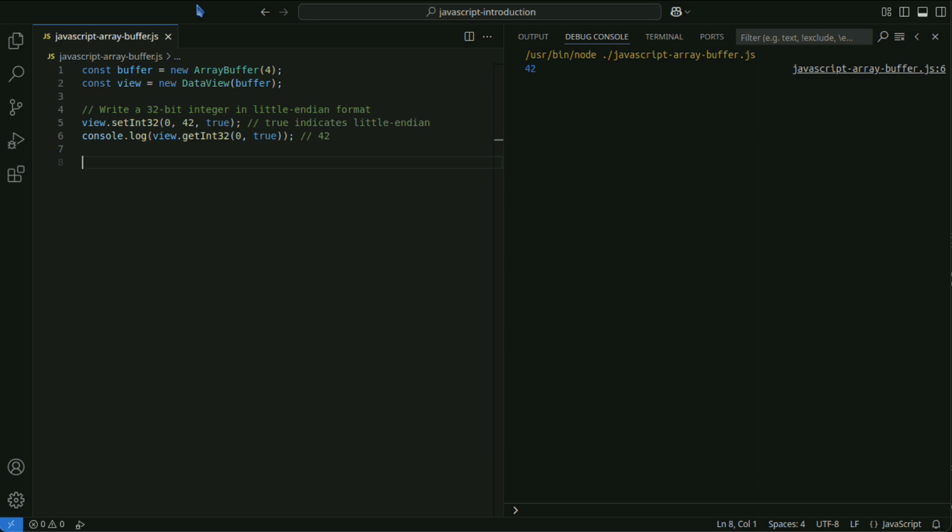ArrayBuffer is a powerful tool often used in web development and browser APIs. Let's look at some examples of applications. For example, you can retrieve binary data from a server using XMLHttpRequest or the Fetch API and handle it as an ArrayBuffer.